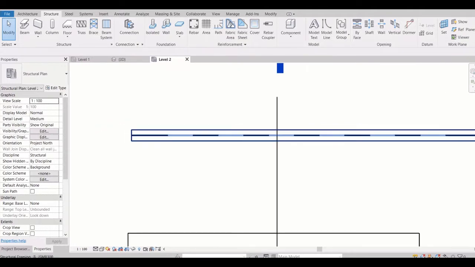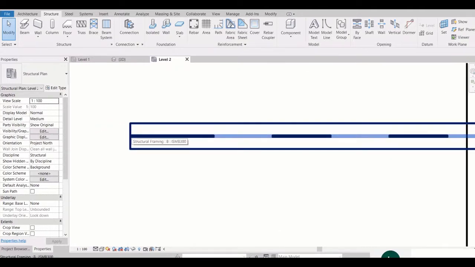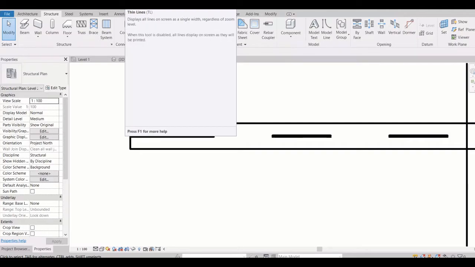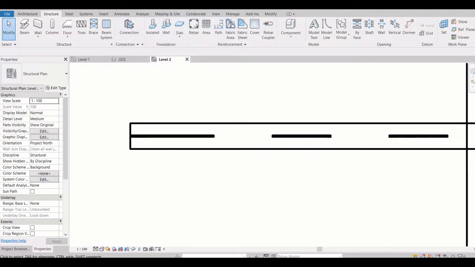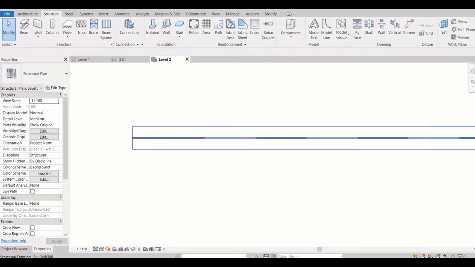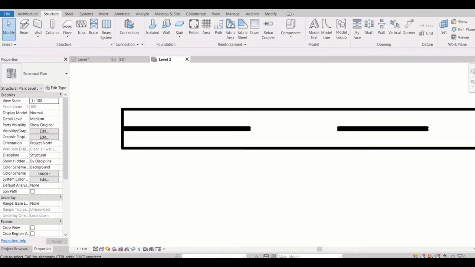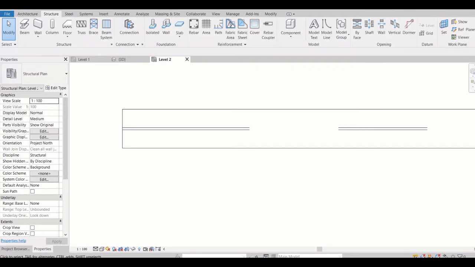Normally the thickness will be the print thickness. If you don't want that print thickness, you can toggle the thin lines, or you can just press TL, and then you will see all, but you cannot print it, right? If you print, then you will get this thickness.